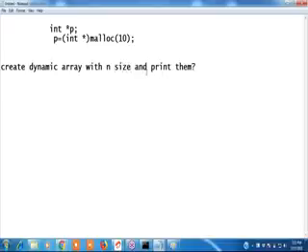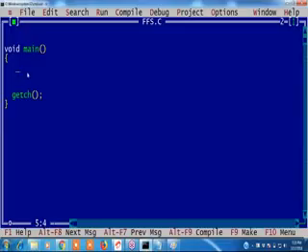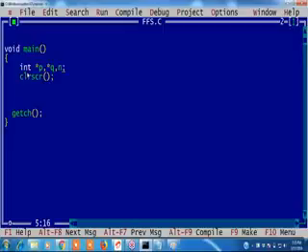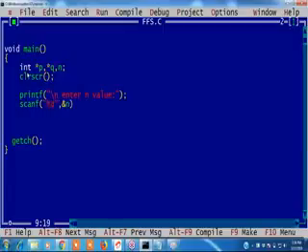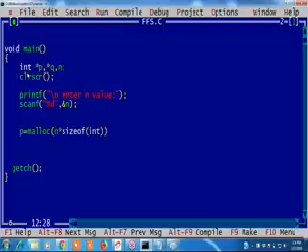See this. What is malloc? Malloc allocates the requested size of bytes and returns a pointer to the first byte of the allocated size. So what address does it return? See guys, malloc stands for memory allocation. The function malloc reserves a block of memory of specified size and returns a pointer of type. Which type is it? Void type it returns. Okay.